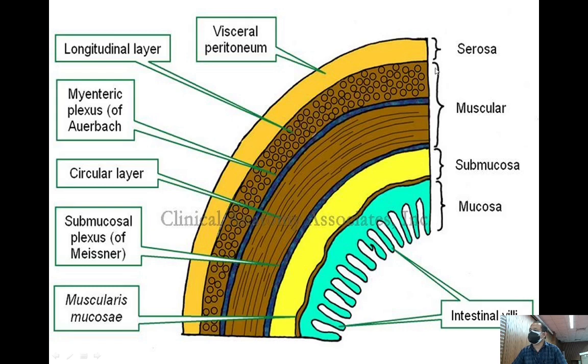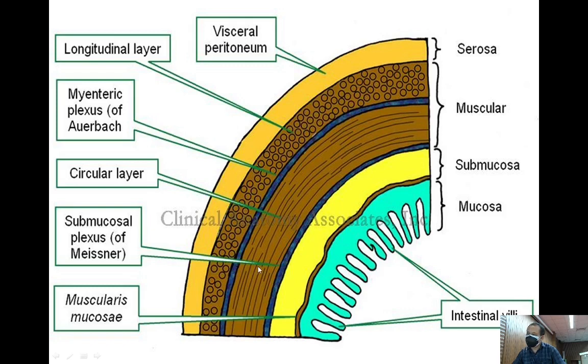Now, the muscular area consists of two types of muscle. This is circular muscle, as I've already said to you, as I've already stated when I was talking about the neuronal plexus layer in between the muscular layer and the submucosal layer. Okay, so we have these two types of muscles. These are smooth muscles. One is circular and the other is longitudinal. These are longitudinal. See the way they are arranged. Okay, so these are fibers that are arranged longitudinally. Okay, these are fibers that are arranged